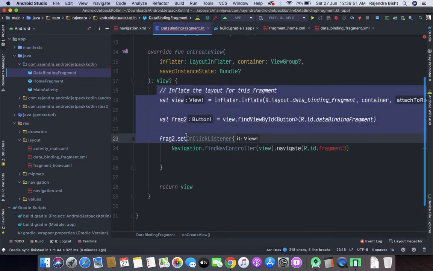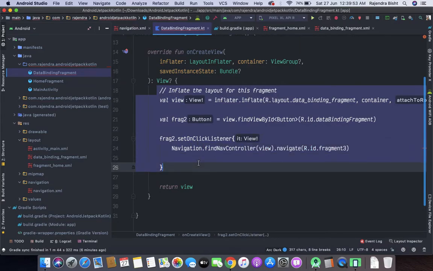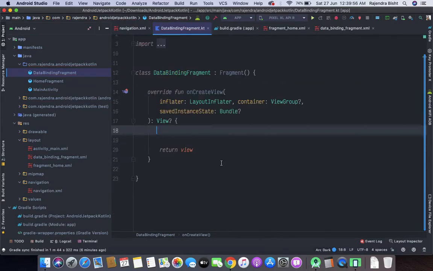Okay, we will remove all this code because fragment 3 is no more now.